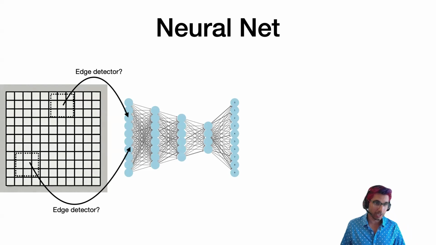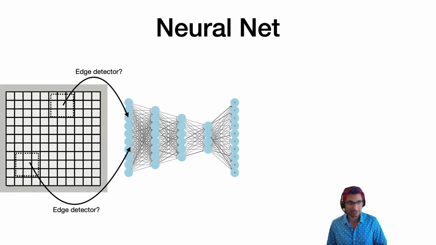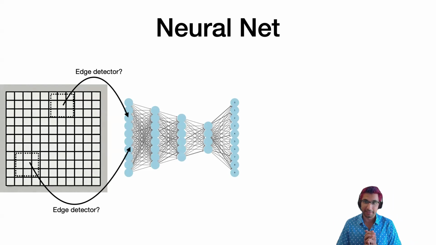Maybe there's going to be some horizontal edge detectors near the top for helping us identify the number 5, and some vertical edge detectors in the middle for identifying the digit 1, and maybe some vertical edge detectors on the right for identifying the digit 7. But what you really want for a smart and understandable image identifier is some sort of edge detector that could be applied at every single point in the visual field, rather than having one neuron specialized as an edge detector for one point and just hoping that the network happened to come up with a similar thing at another point